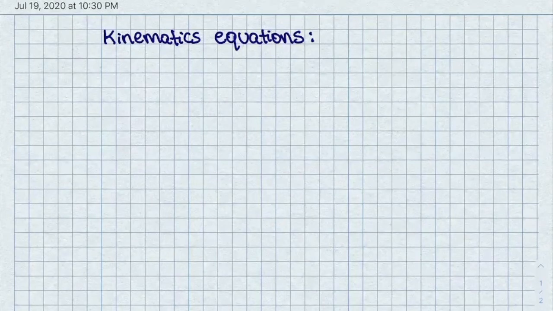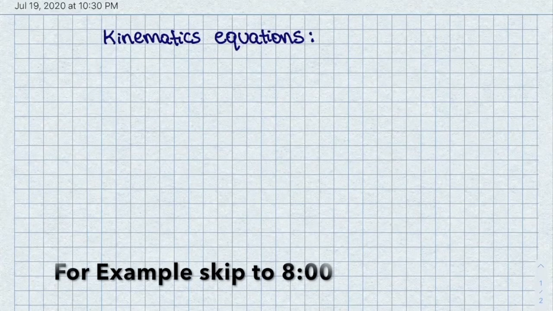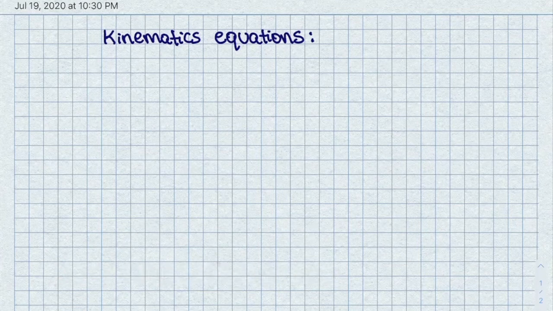Hi everybody. Today I'm going to go over how to derive the fundamental equations of kinematics. So first we will start with the basic equations of velocity, acceleration, and distance. So v is the velocity. v is equal to ds over dt. This is the instantaneous